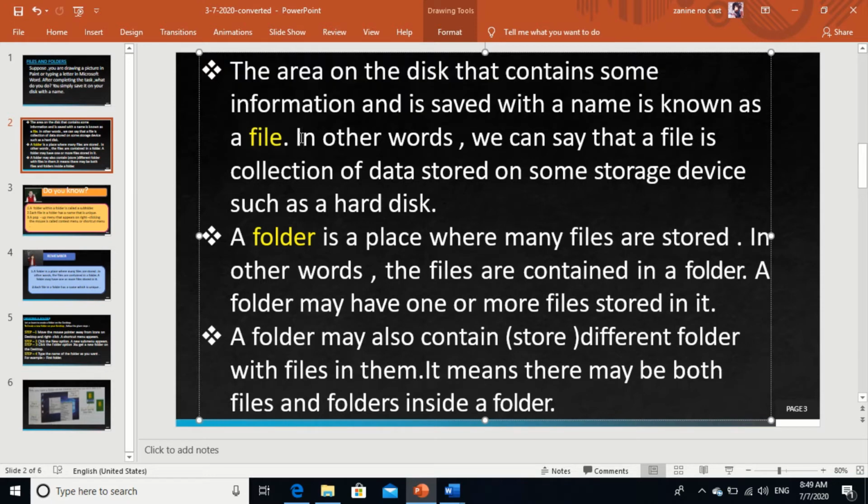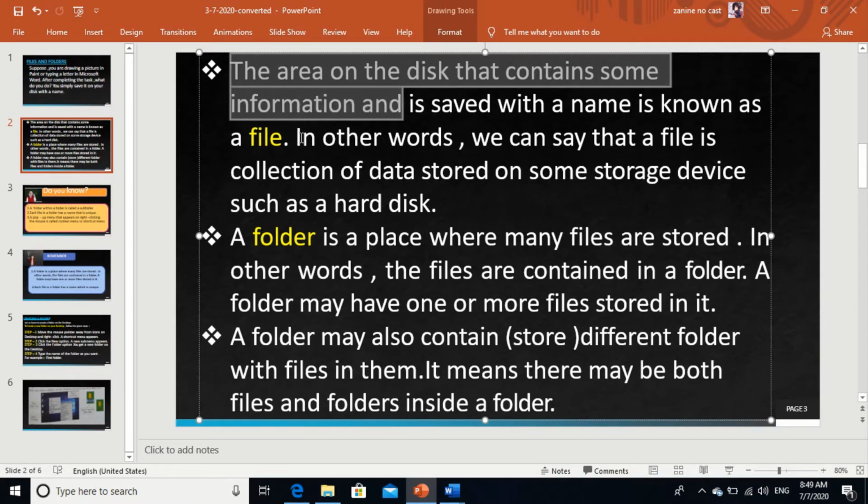Again repeat with me, what is a file? The area on disk that contains some information and is saved with a name is known as a file. Understood? In other words, we can say that a file is a collection of data. It is easier.